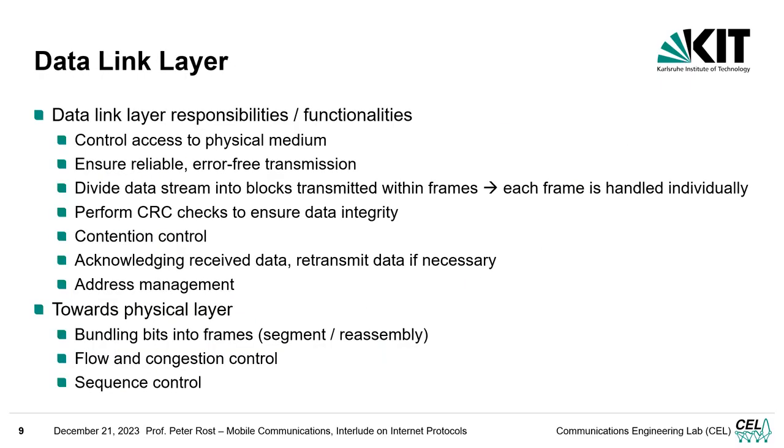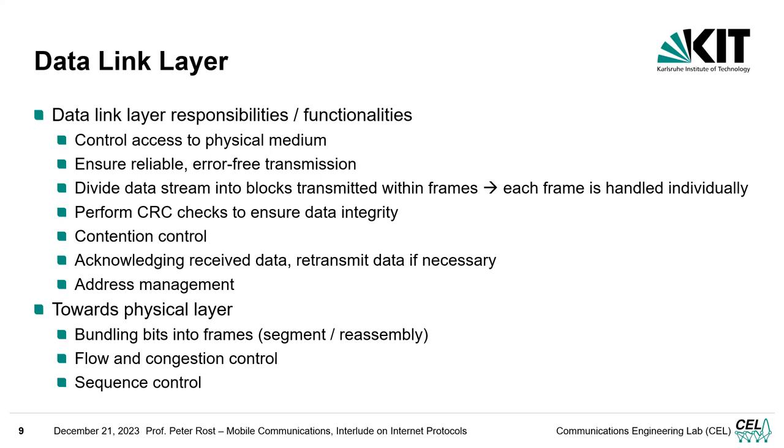The data link layer is responsible for the access to the physical medium. The physical layer implements the translation of data into signals, and the data link layer takes care of how the physical medium is accessed. It ensures reliable and error-free transmission. For instance, it performs CRC checks to ensure data integrity. It also divides data into different blocks. If the data provided for transmission is too large to be transmitted in one block, it would be